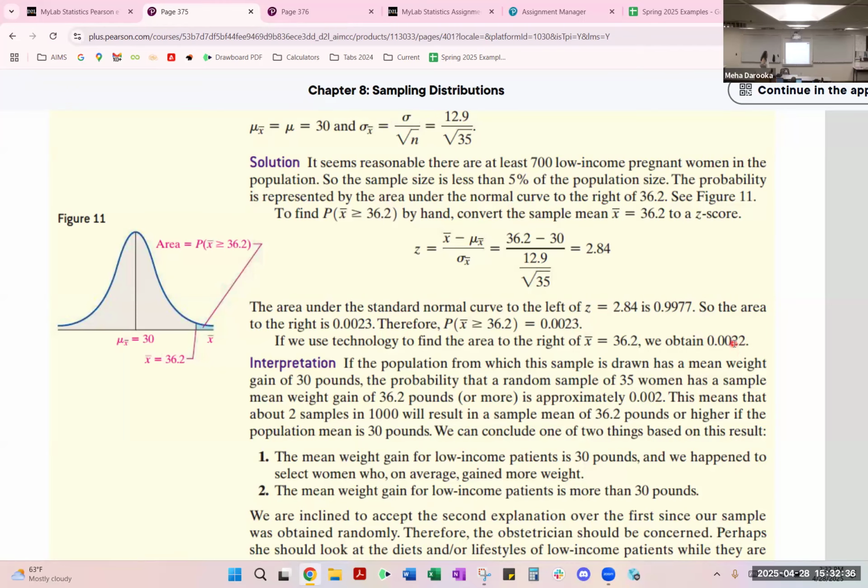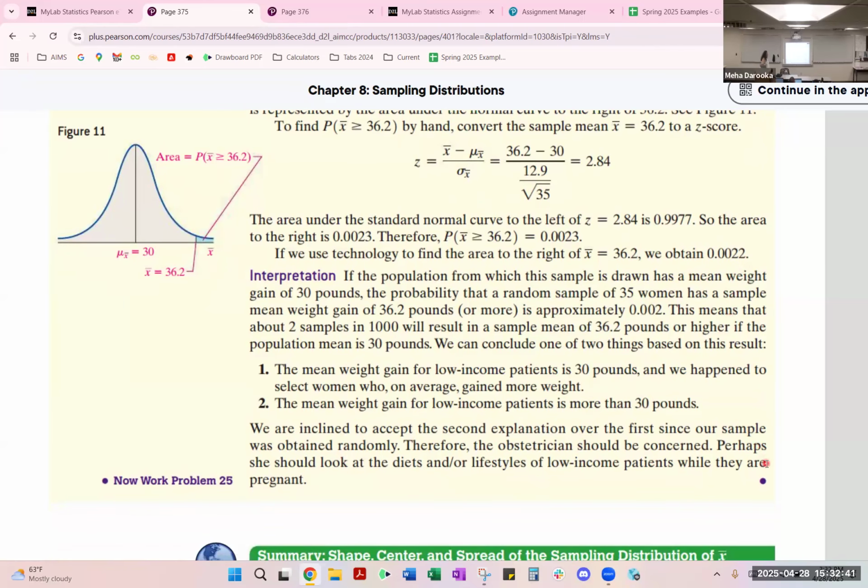0.0023 on using technology, comes out to be 0.0022. So that's a fairly small probability. So we're saying if the population from which the sample has been drawn had a mean weight gain on pregnancy of 30 pounds, the probability that a random sample of 35 women will have a sample mean weight gain of 36.2 is approximately, again, you can see how small that number is,